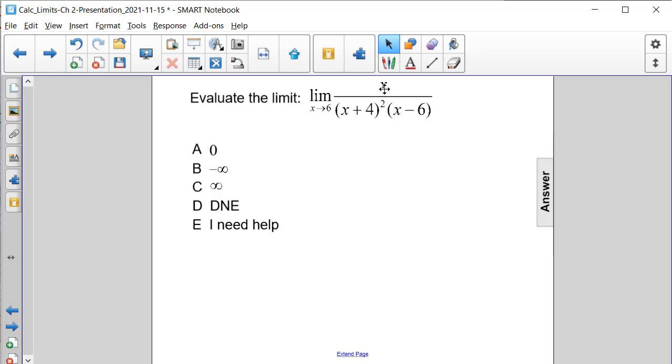Evaluate the limit of x divided by the quantity x plus 4 squared times x minus 6 as x approaches 6. If we use direct substitution, we'll get 6 in the numerator, but we'll get a 0 in the denominator. So direct substitution cannot be used to solve this. Instead, let's approach